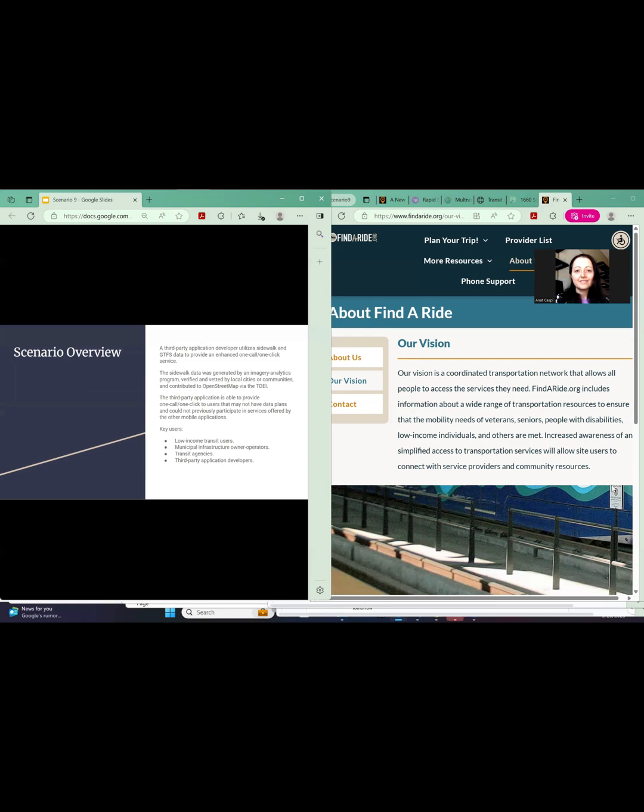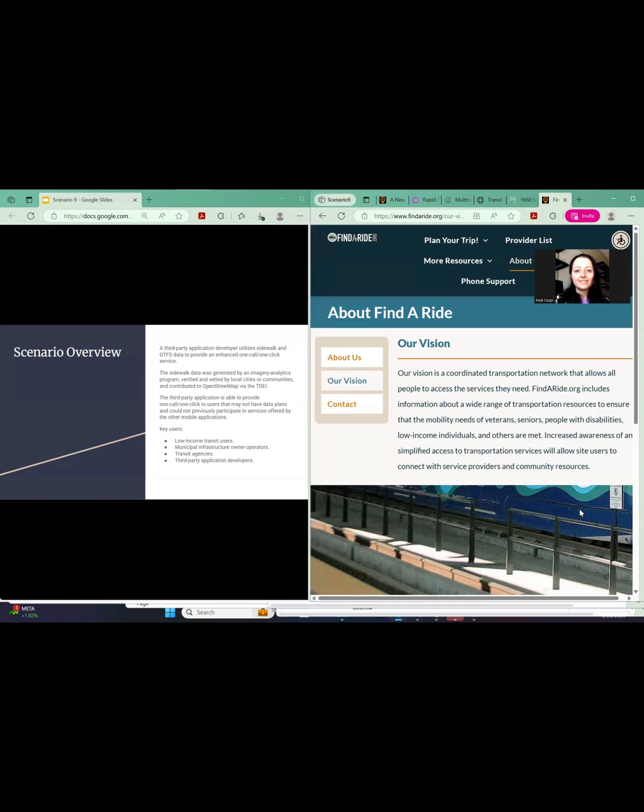And we ensure that this satisfies the mobility needs of veterans, seniors, people with disabilities, low-income individuals, and others through the eligibility-based services that they have access to. Increased awareness of simplified access to transportation services allowed site users to connect with service providers and community resources.